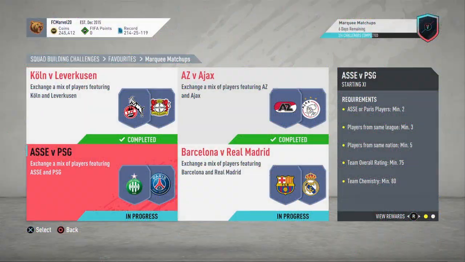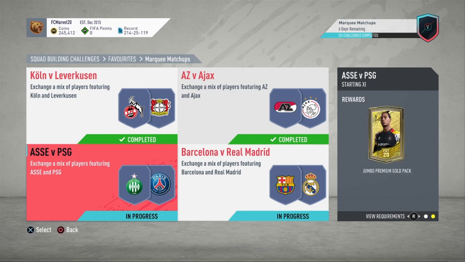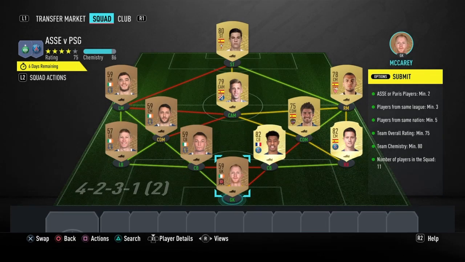Okay, right, now in part 3 we have the ASSE v PSG SBC. This one has the individual reward of a jumbo premium gold pack, and it cost me exactly 7,850 coins. The deciding factor you have on this one, to be honest with you, is because I've gone with 2 PSG players who I found slightly cheaper than the players from ASSE, but currently these players are costing around 2,500, 2,600 coins each,